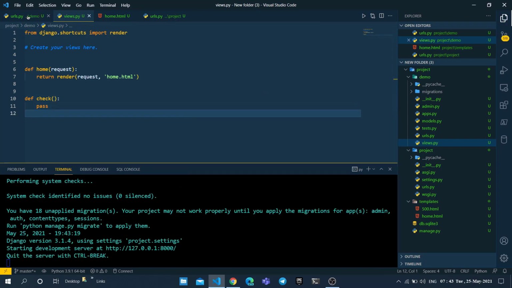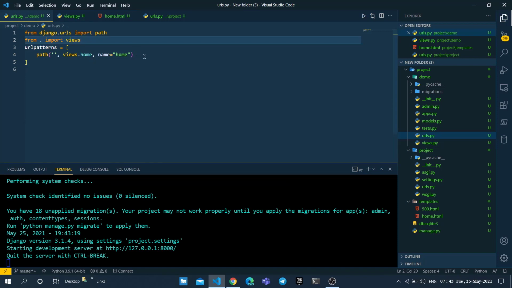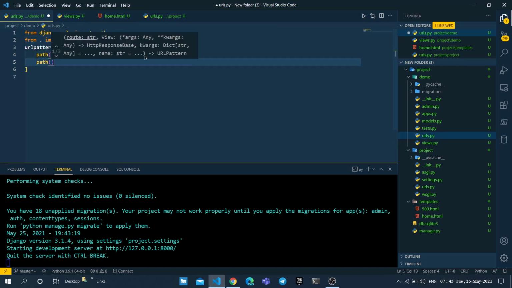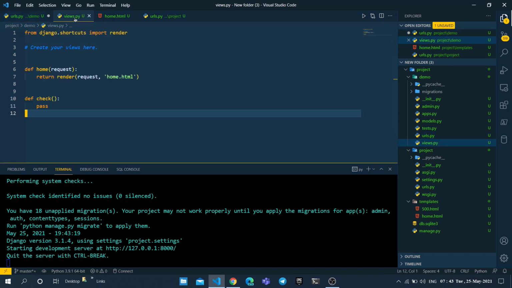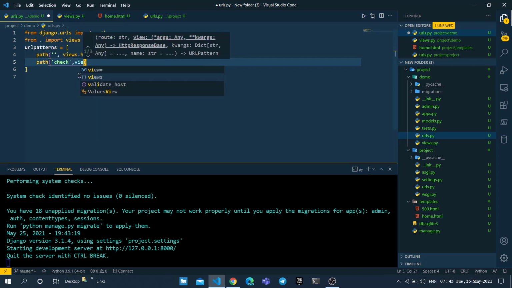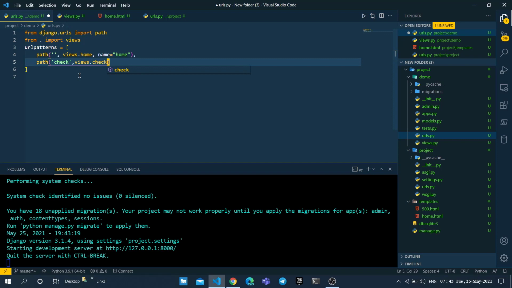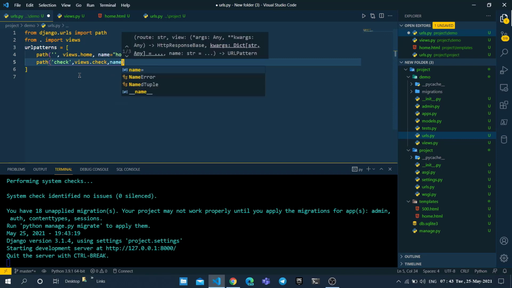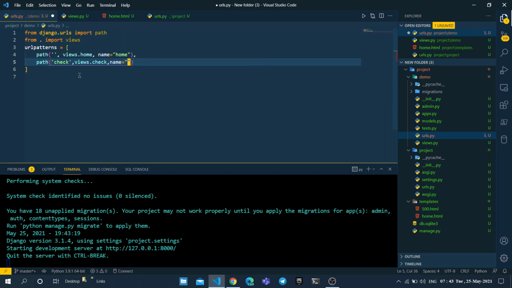Go to the urls.py of demo and add this path for check: 'check', comma, views.check, comma, name equal to check.